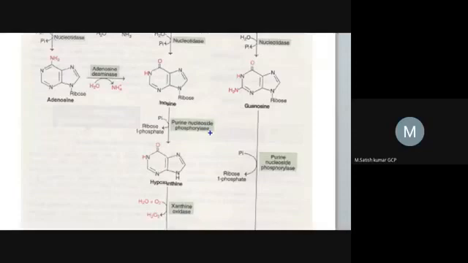The enzyme utilized here is purine nucleoside phosphorylase. Inosine is a nucleoside, which gets phosphorylated. Finally, the ribose sugar will be separated in the form of ribose 1 phosphate. That means in the first step, the amine is separated, in the second step, the phosphate molecule is separated, and in the third step, the ribose sugar is also separated, and we have only the nitrogenous base.